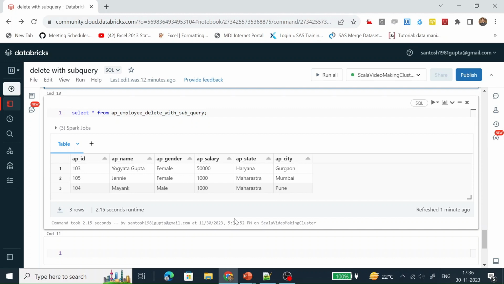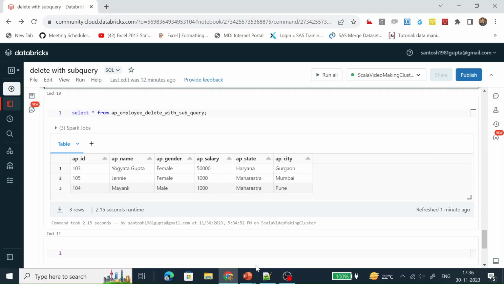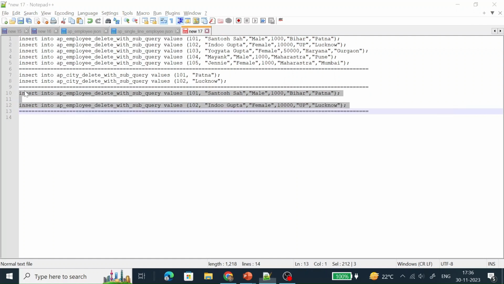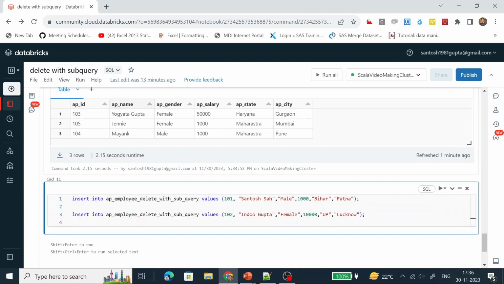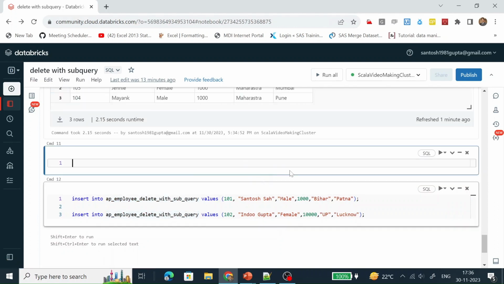Let's go to the PPT. After performing this delete, we need to insert the data which we have deleted again to perform the next set of actions. So let me insert these 2 records again, because if we see in this table, these 2 records are not present.